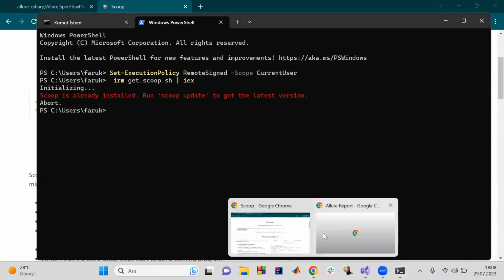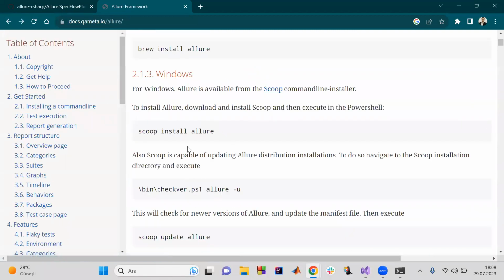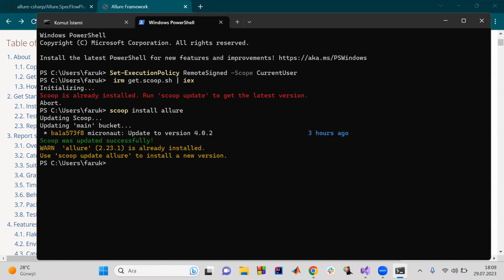All right, let's continue. After installing Scoop in that way, you simply execute this PowerShell command: scoop install Allure. That's it. Let's type it in, paste it here, and hit enter. Scoop install Allure. Actually, it will tell me Scoop was updated successfully because I've already installed it. Now it doesn't install again, and it just updated my current Scoop,